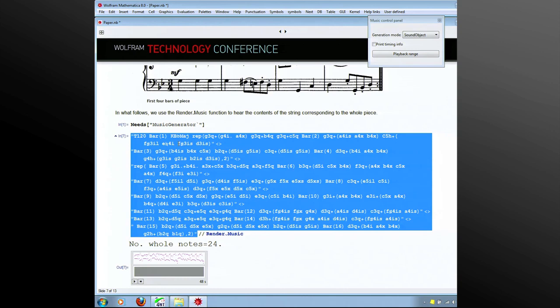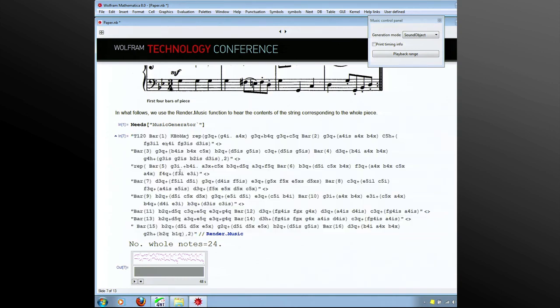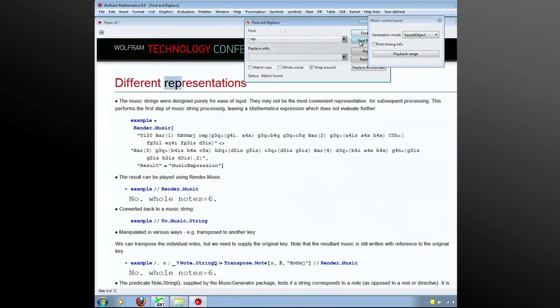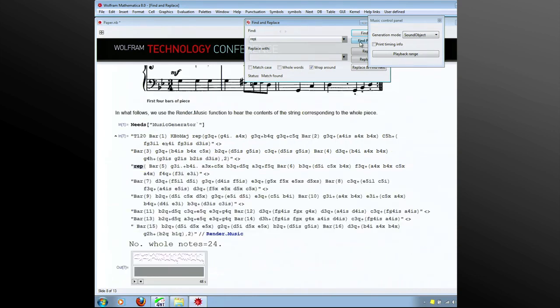There's actually 2 repeats in this thing, so we'll have to look for the second of the 2. I'll go and find it if you like. There's one. Yeah. So there's a repeat, and there's the